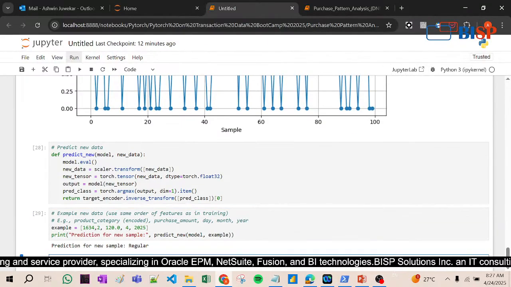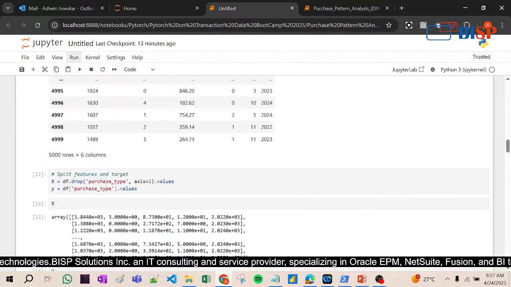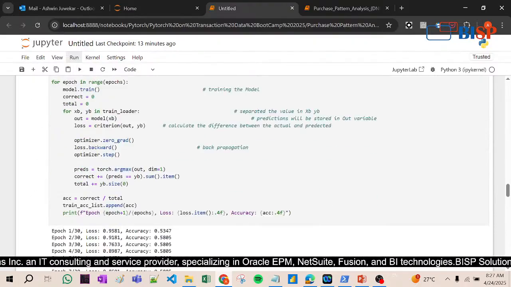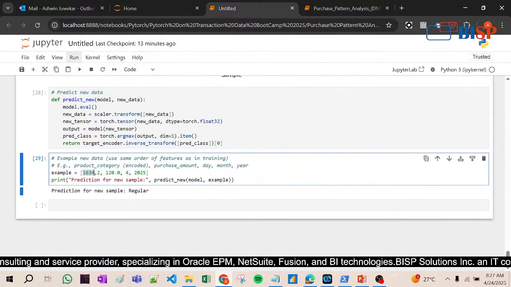Now see this. Now the prediction for a new sample, that is regular. We have taken 1634 as the value. Then 2 is the purchase category, and then the amount is 120.